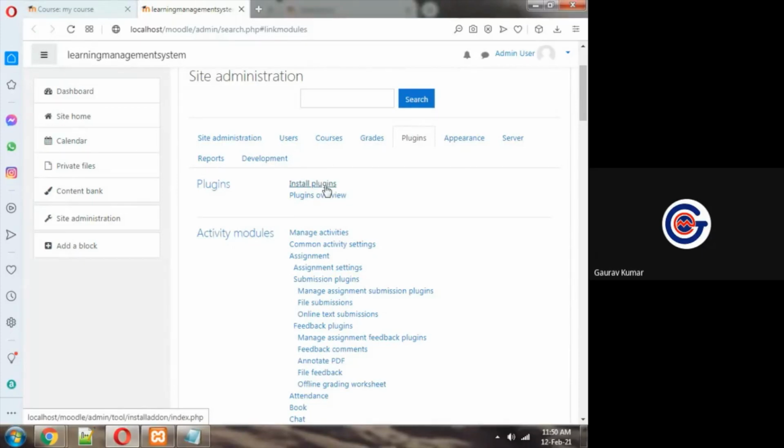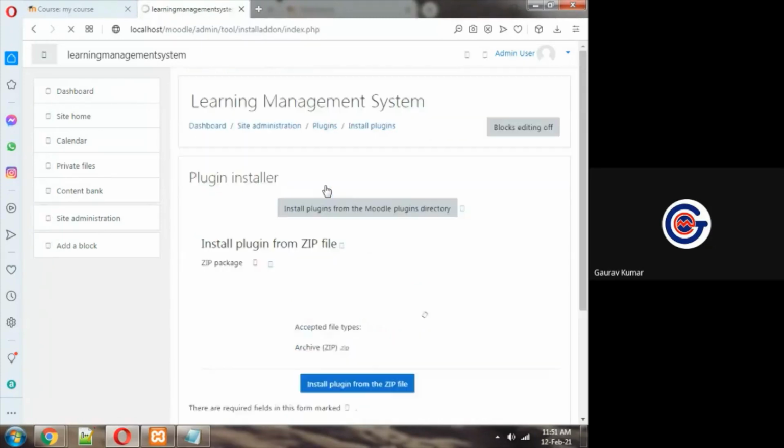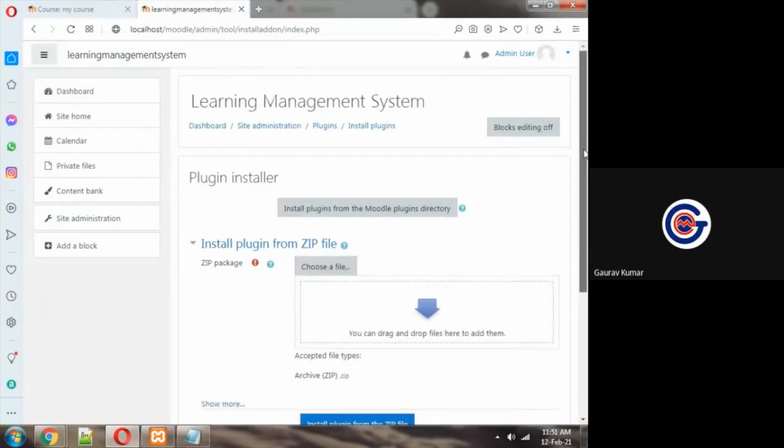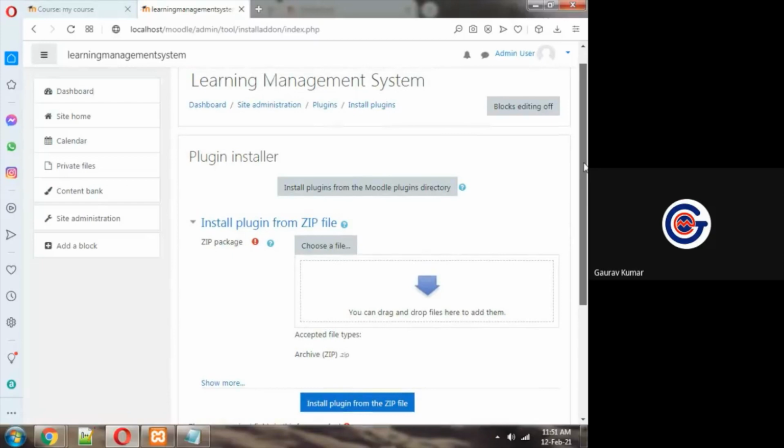As I have added attendance register, I want to add something new. I want to add some other segment, whatever you want to integrate, it can be done. Install plugins. Now it is asking to upload the zip file of the plugin that I want to use. Is this visible to all of you? In site administration, plugins, install plugins.